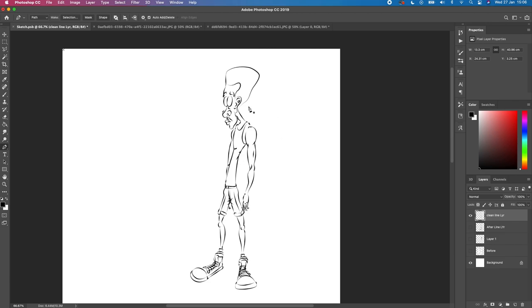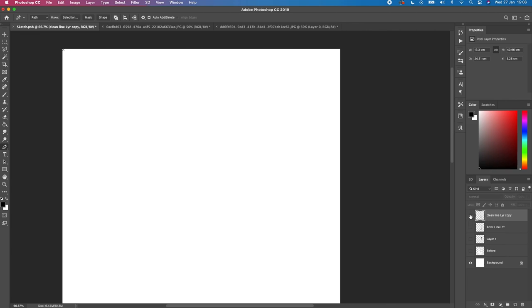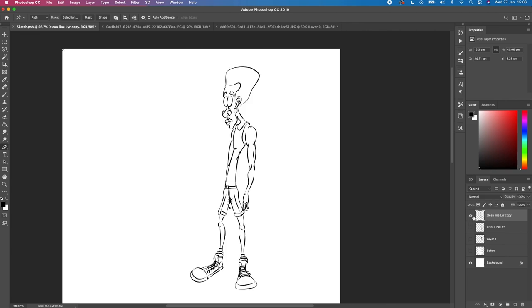The only thing I'll probably add is just fix up the eyes, just minor details throughout, but we can always edit that as we go. Okay, so what I want us to do is just to make this line a little bit thicker. So I'm just going to duplicate that by dragging it down, and I'll merge the two layers down. So Control E. So that's a little bit darker. I'm happy with that. Just rename that so I know this is my line